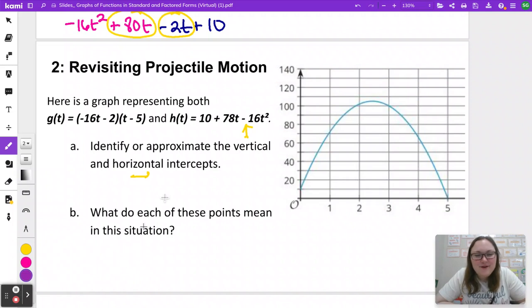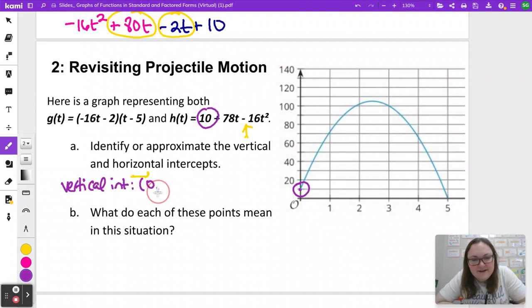Starting with our vertical intercept, or the y-intercept, I can find that on our graph right here, and it looks like it's at the number 10. I can confirm that by using one of these equations. We learned the y-intercept you can connect to standard form, and sure enough, there is the number 10. So for our vertical intercept, it is at 0 on x and 10 on y. I'm going to go ahead and do the second part of this. What does this mean in this